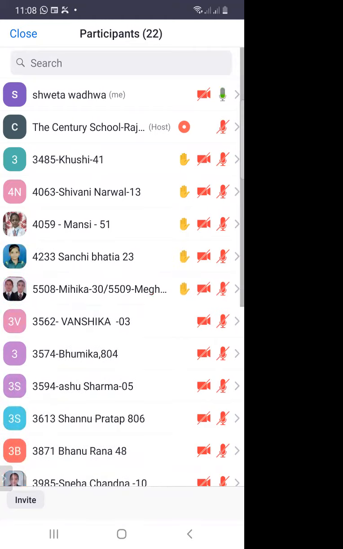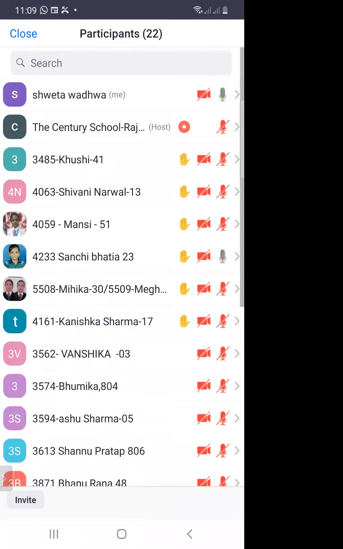Yes, Sanchi Bhatia, how is petroleum formed? Petroleum was formed by organisms living in the sea. When these organisms died, their bodies settled at the bottom of the sea. Very good. They got covered with layers of sand and clay. And then due to high temperature and pressure, it was converted into the